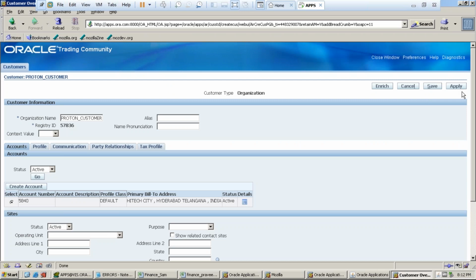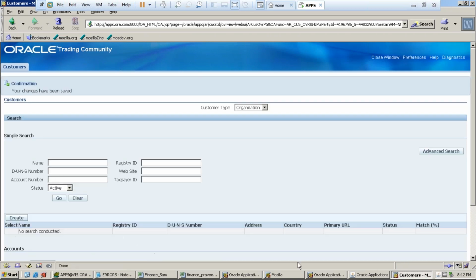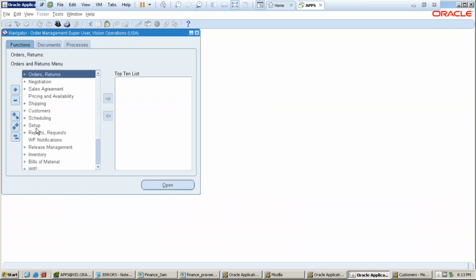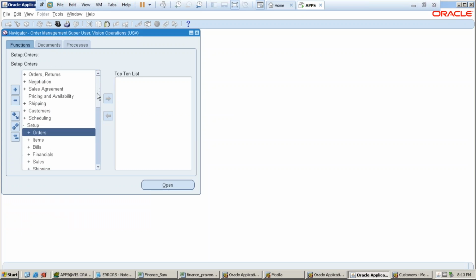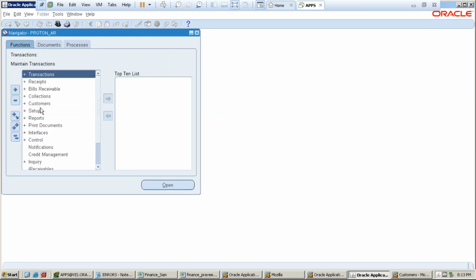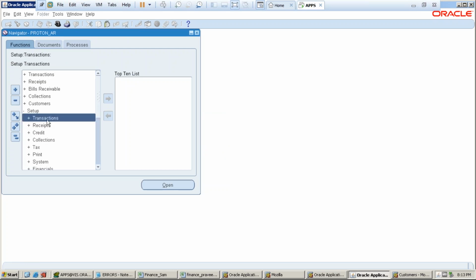So now we created it. So just click on apply. So now let me go to the auto accounting setup. Okay, so we are in OM, right? So let us move to the AR. So go to the AR, and here the setup, transactions,